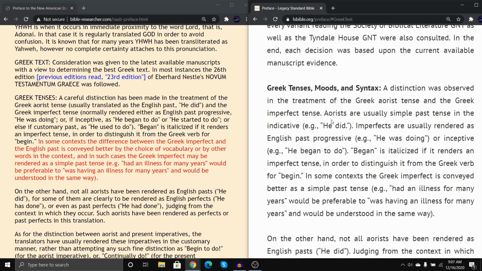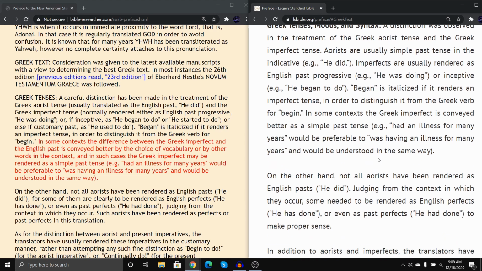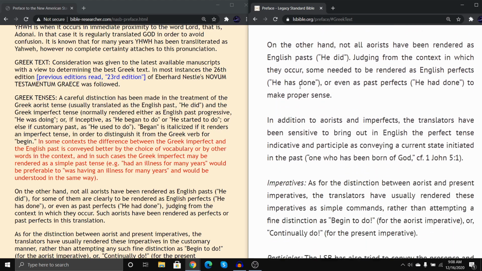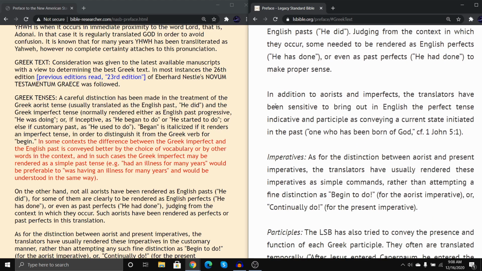Then when you get to Greek tenses here, I would say that these sections are largely similar between the LSB and the NASB. However, there are some changes that are made here, or even additions, and actually one of them is right here in the LSB. It says, in addition to aorist and imperfects, the translators have been sensitive to bring out in English the perfect tense, indicative and participle, as conveying a current state initiated in the past, one who has been born of God,